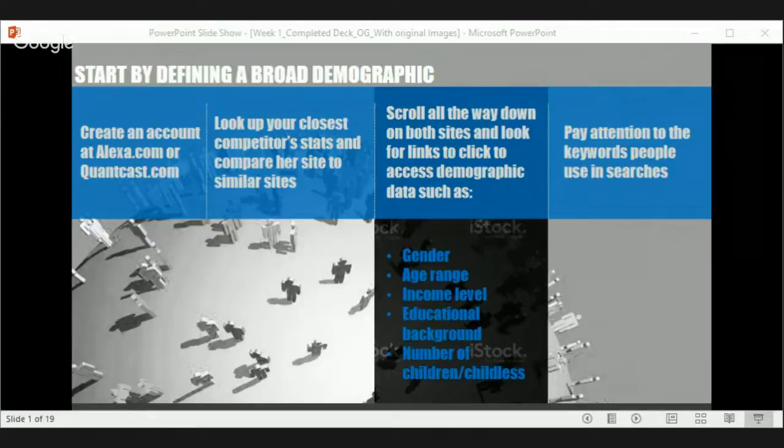So you want to know if your ideal client is either male or female. This helps when you're crafting not just your words, but also the images that you use on social media. You want your ideal client to see themselves in your marketing. Now, whether they're male or female, what is the age range? If income level is something that you need